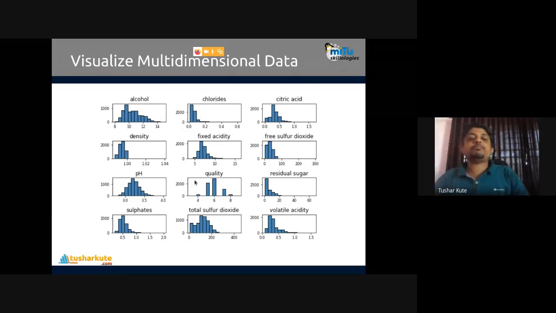Okay, sorry. See this. Alcohol, where it is having high values, low values, then pH values, qualities. Okay, qualities are 4, 6, 8, then residual sugar, volatile acidity, sulfates, fixed acidity, citric acid, chlorides, how they are changed. This is what we have: a discrete probability distribution is shown for every one. So you will easily know how the data distribution is there for each individual element in it.